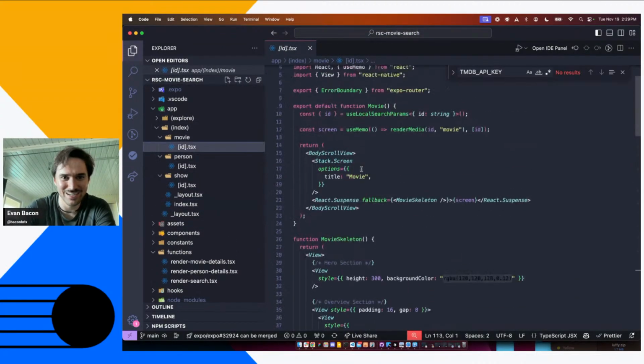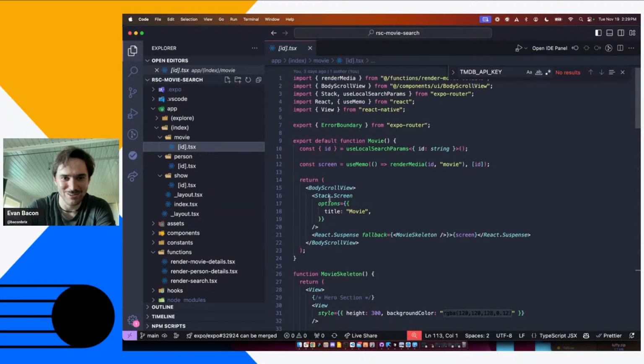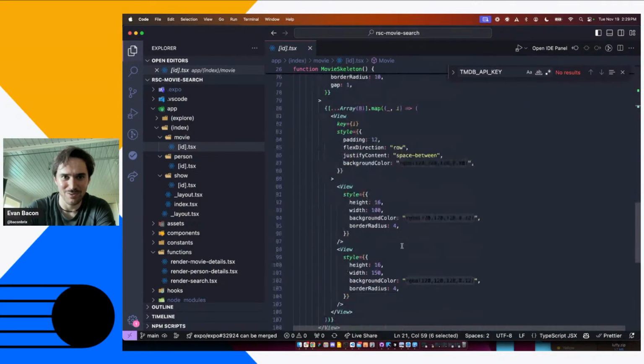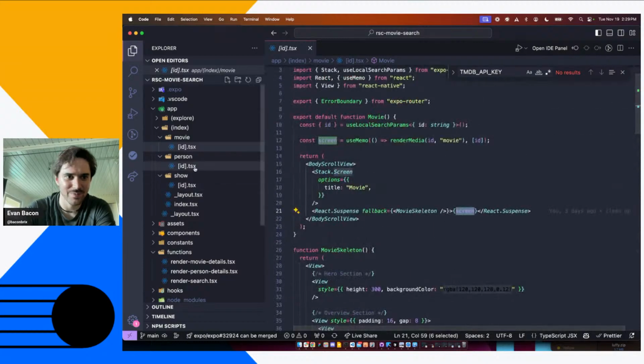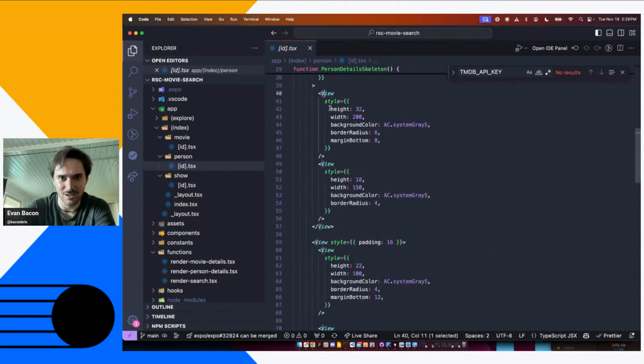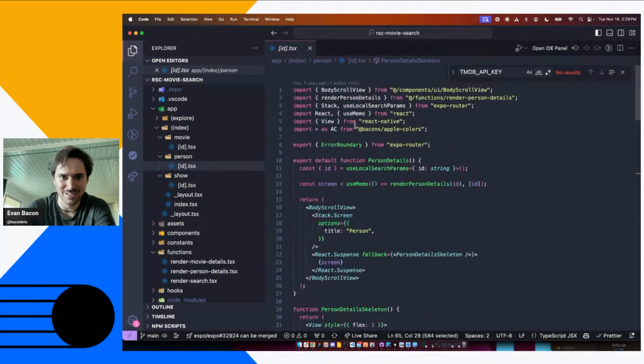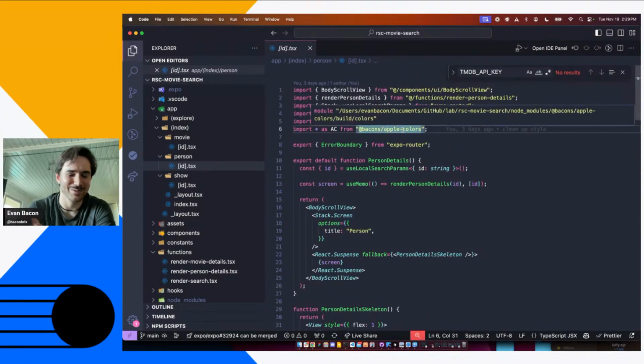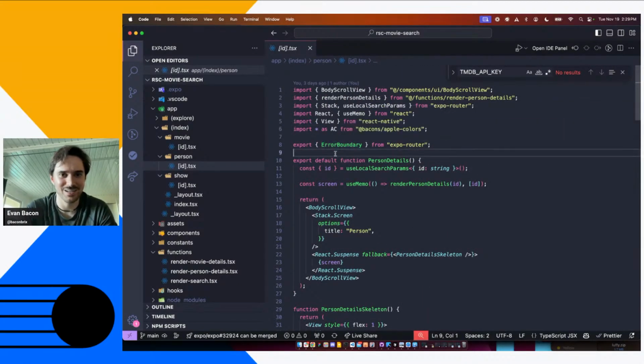We have a movie screen with the body scroll view, stack, suspense, fetch the data. We have our skeleton loader down here. Again, down here, another skeleton loader. I prompted all of this to be generated. I'm using Expo Apple colors, which is a nice way to make your app feel really native, because you can do things like,